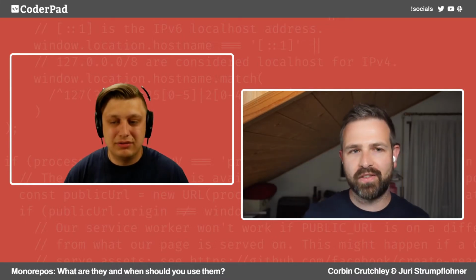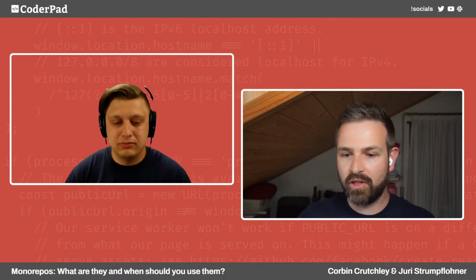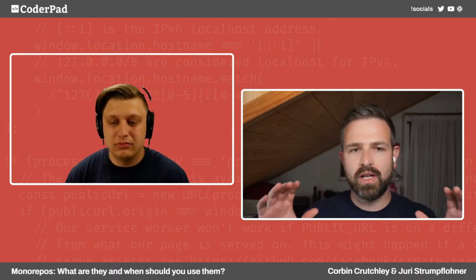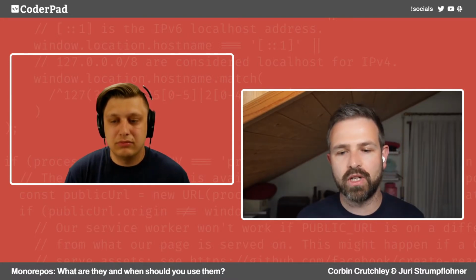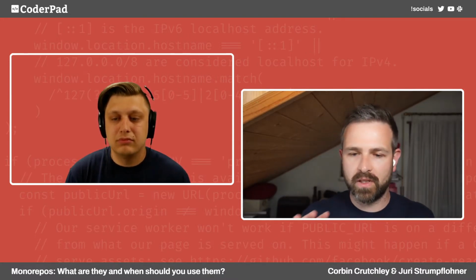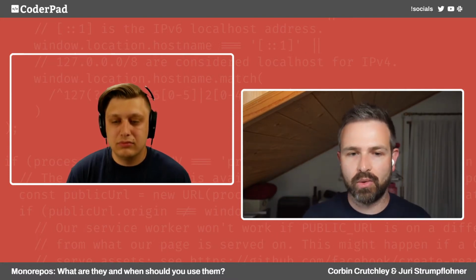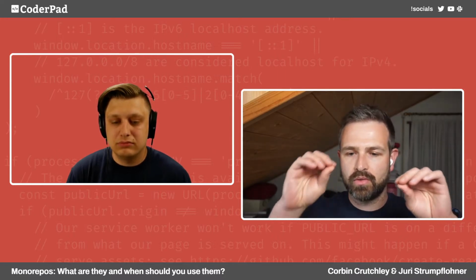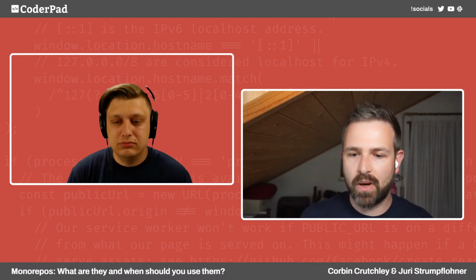So a monorepo, I define it as when you have at least two or more applications or libraries within the same Git repository, right? Or within, let's say, the same workspace. It doesn't even necessarily have to be a Git repository. It usually is a one-to-one correspondence, but the same workspace, right? So you have everything grouped and at hand. And so whenever you work on things, you can also create relationships within those apps and libs. So you can share stuff and build up your code base that way.